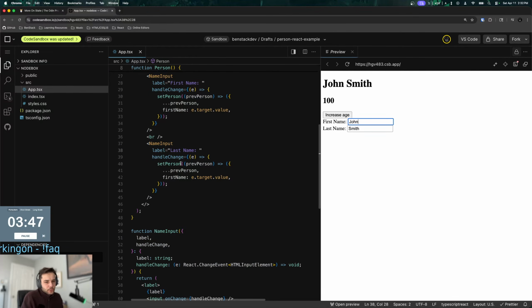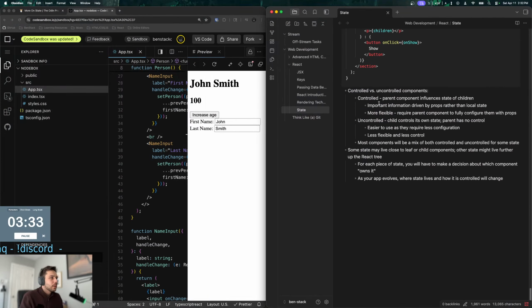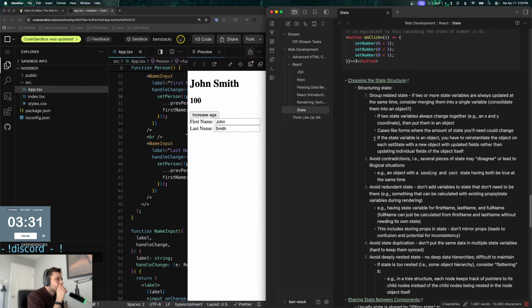Okay, but yes, there was a reason. Let me get back to this. There was a reason you put the callback in the state change. And I have that in my notes somewhere actually. Let me go back here. There was a reason for this.